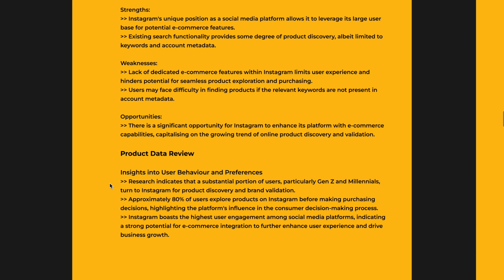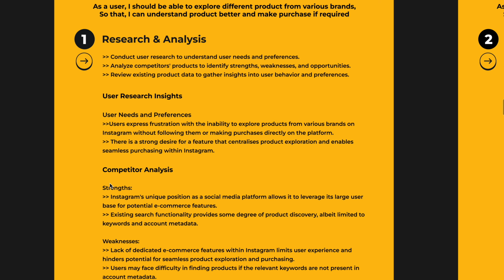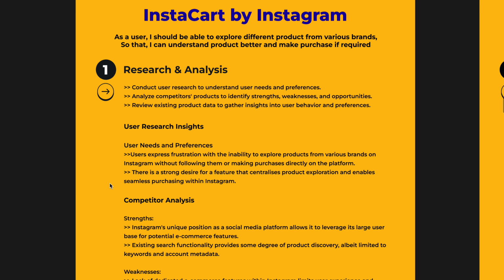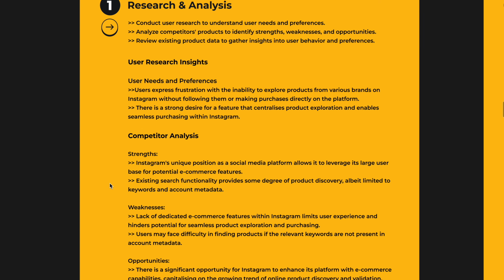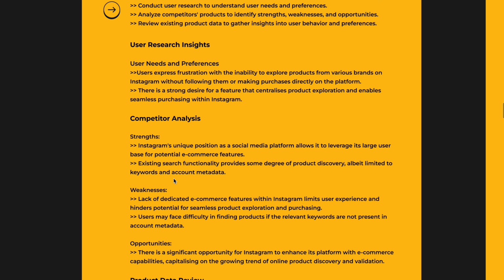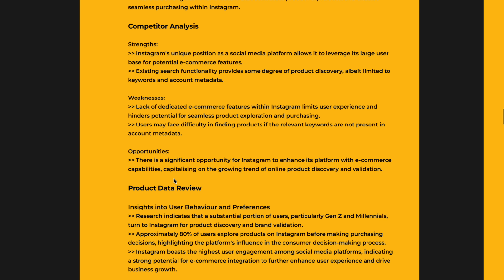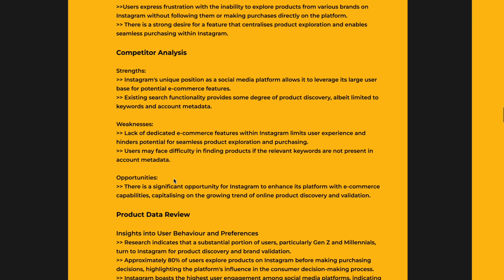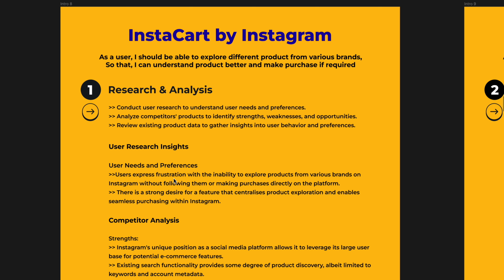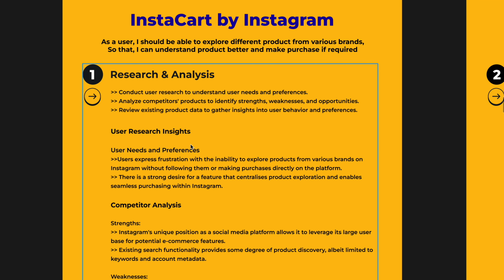Okay, and this is completely my hypothesis, wherein I am trying to figure out a product feature by doing research and analysis and limiting my pointers under every section, considering that I cover the other aspects of product management as well, right? So this is step 1, where you have done your research and analysis, you have figured out the user insights,